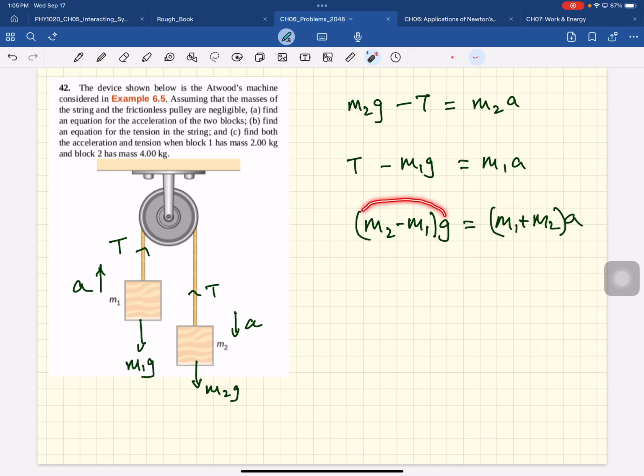This is the net force, the difference in the weight of the two blocks, and that's equal to the mass of the combined system times the acceleration. So for instance, if the two masses were equal, there's no net force acting on the system, and it wouldn't accelerate. So A is M2 minus M1